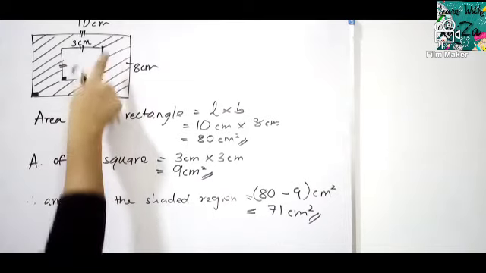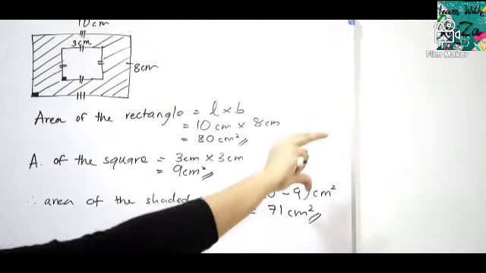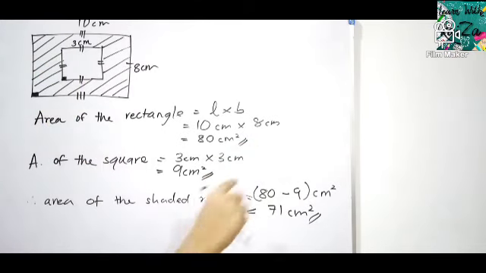How did I find that? First of all, I found the outer region, then I found the inner region, then I removed this smaller region or the inner region away. Removing means subtracting, then I got the answer of the area of the shaded portion. So these kind of questions always regularly come to exam, so be alert on this.